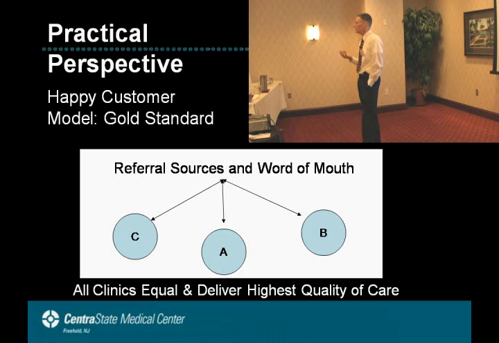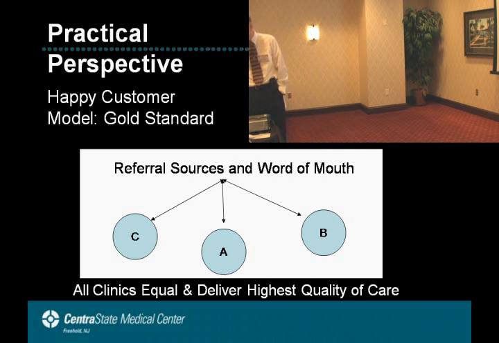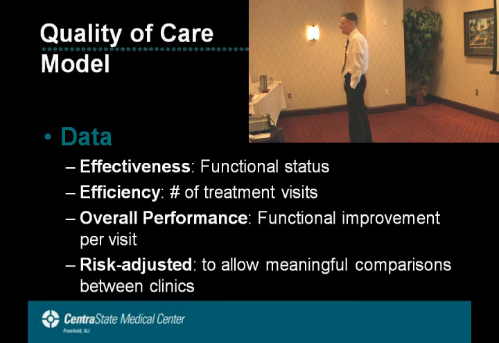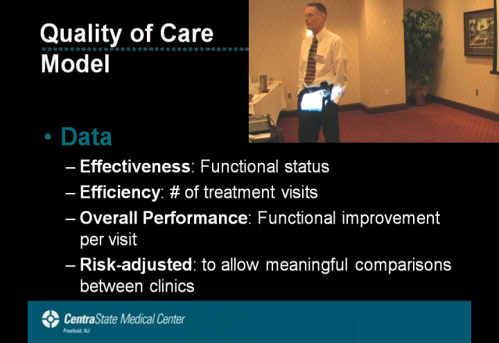Well, they did. They changed the perspective in which they were going to market. The happy customer model didn't work, so they had to turn on a quality of care model, which is basically what FOTO is. It's a quality of care model. And they could demonstrate that not all clinics are the same, and they do not deliver the same quality of care. Reimbursement should be paid. In a capitalistic society, reimbursement is paid according to the product. You have a higher quality product, you have a BMW, you pay more than for a Ford.